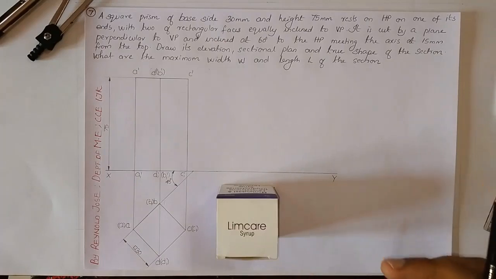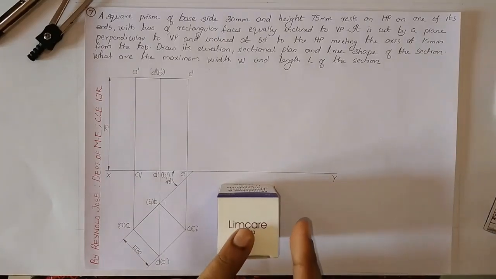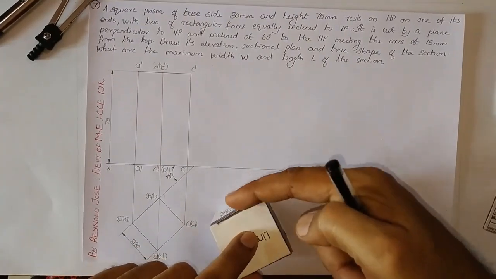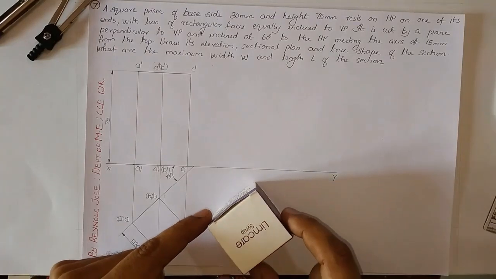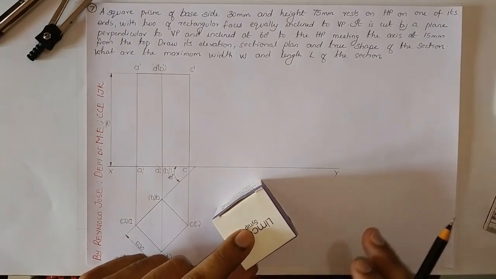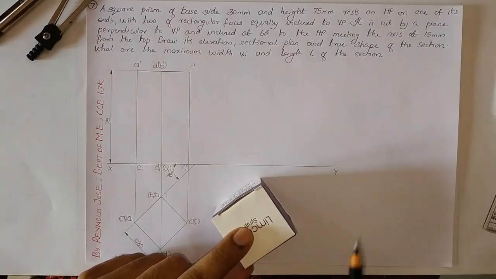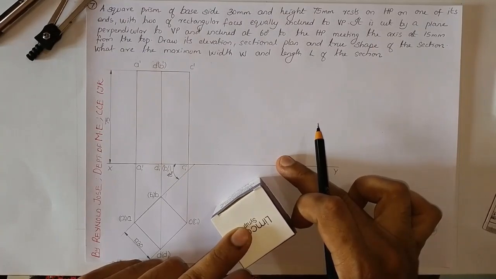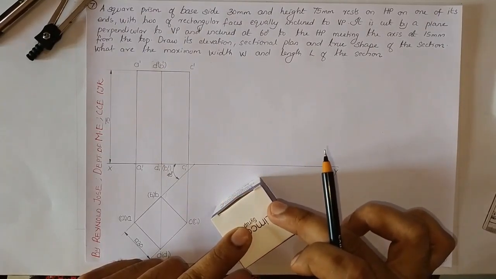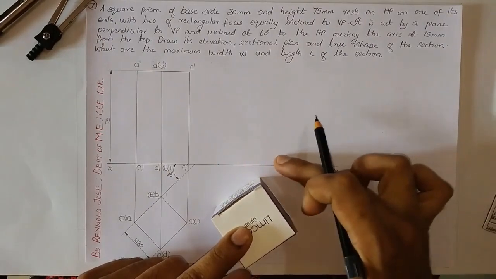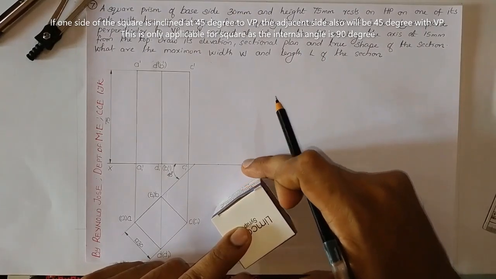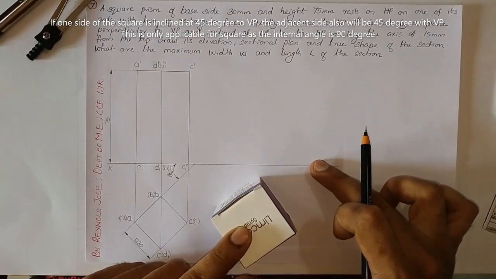So this is a square prism, something that is similar to a square prism. So below each of these edges that you can see in the top view, we are having some rectangular faces. So two of the rectangular faces equally inclined to VP means it is this kind of a symbol position. So when you are observing from the top, if one edge is inclined at an angle of 45 degree to the XY line, it means automatically two of these edges will be inclined at an angle of 45 degree with respect to the XY line. Or in effect, these two rectangular faces also will be equally inclined to the XY line. That means it is equally inclined to the vertical plane.